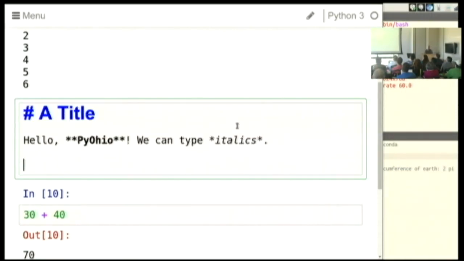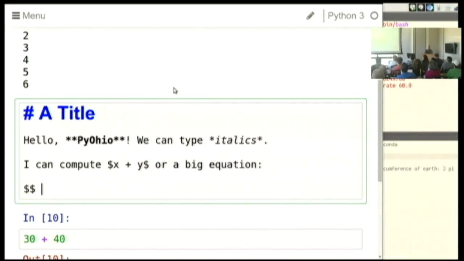And since this was designed by scientists, you can use that old mathematics language that mathematicians use called LaTeX. You can say, I can compute x plus y, or a big equation. That's how mathematicians talk.